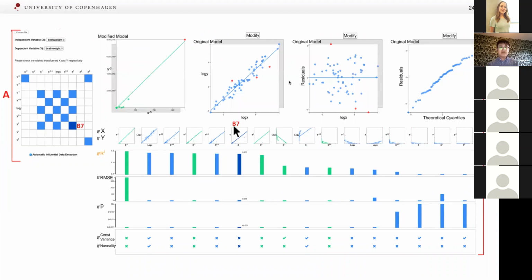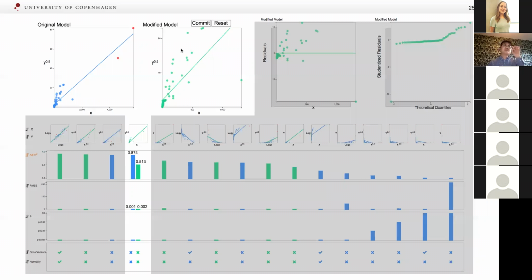View C allows users to perform exploratory data analysis. They can visually examine violations and compare certain models. They can even modify models by clicking the button Modify. So after the click, we enter into this modification mode where only the current working model is enabled.